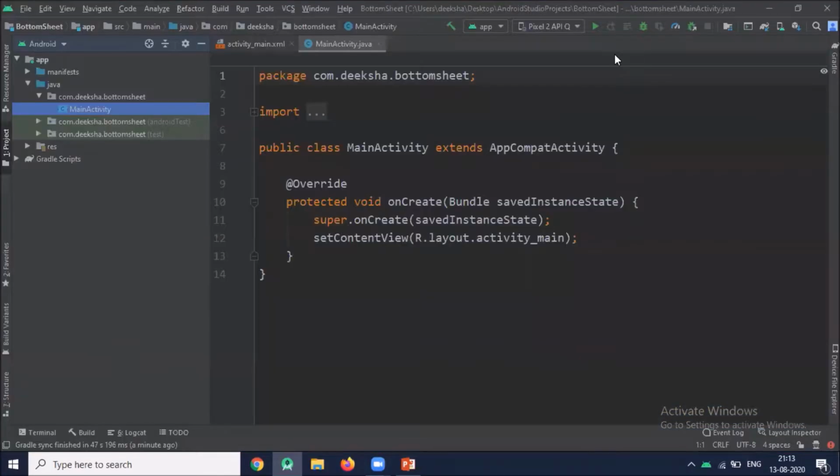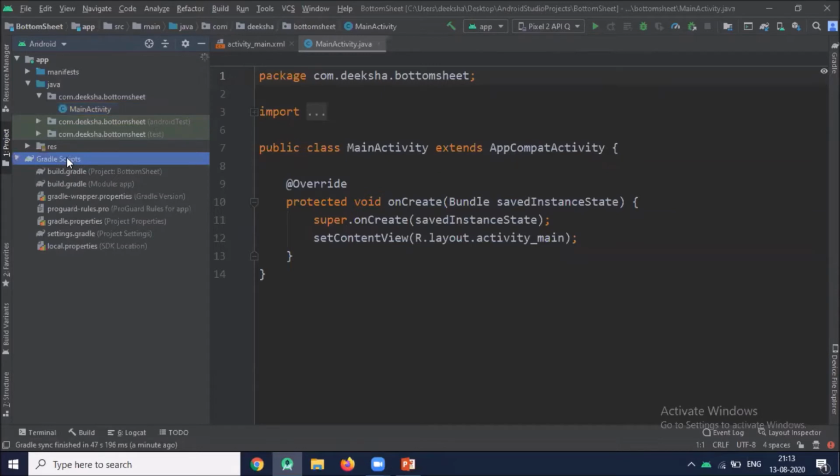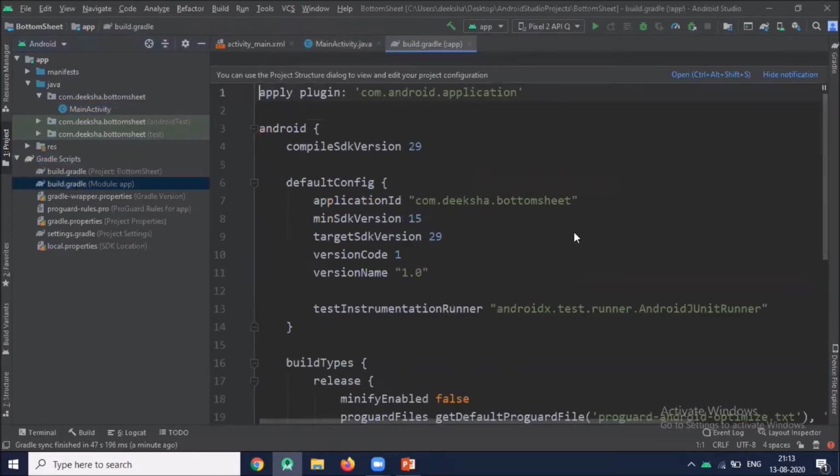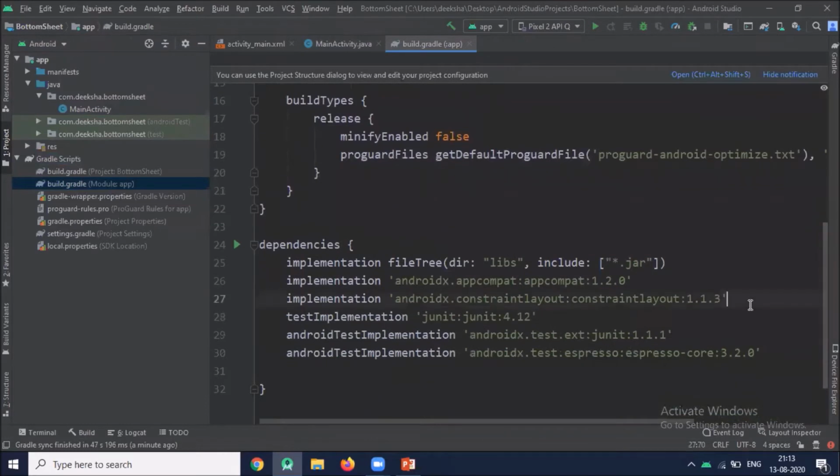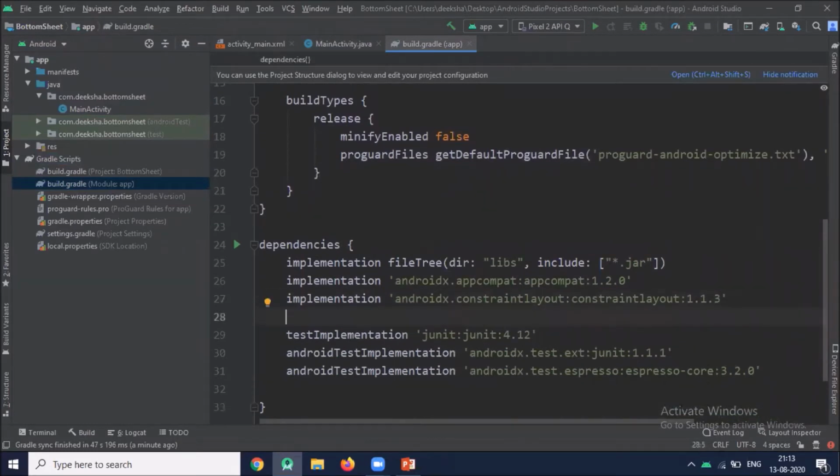Click on Finish. First, we add required dependency for our project. So click on build.gradle app level. Here we add dependencies. First for coordinator layout and second for material design.